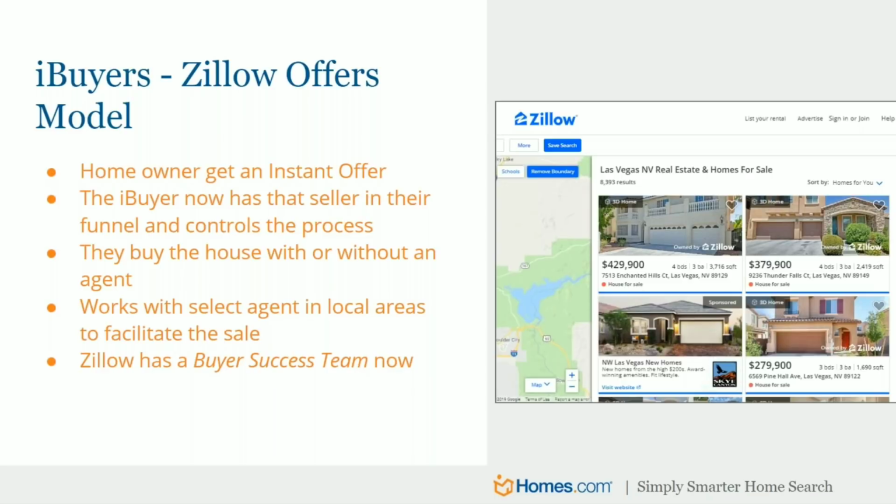The thing about this is there's a lot of misconception here. A lot of people think, oh, I'm selling my house as is. Well, that's not the case. These iBuyers have done a lot of transactions, so they've gone through this a few times. So even though there's no mortgage contingency, which is good, they still do a home inspection. And if there are repairs that need to be done, I'm either going to have to pay for the repairs or offer them a credit on top of the service fee that I'm already paying. So now we could be talking about a lot more money than I originally was going to be paying out to the iBuyer. So again, that's one of the things that these iBuyers have been doing, and they're now in a lot of markets across the country.